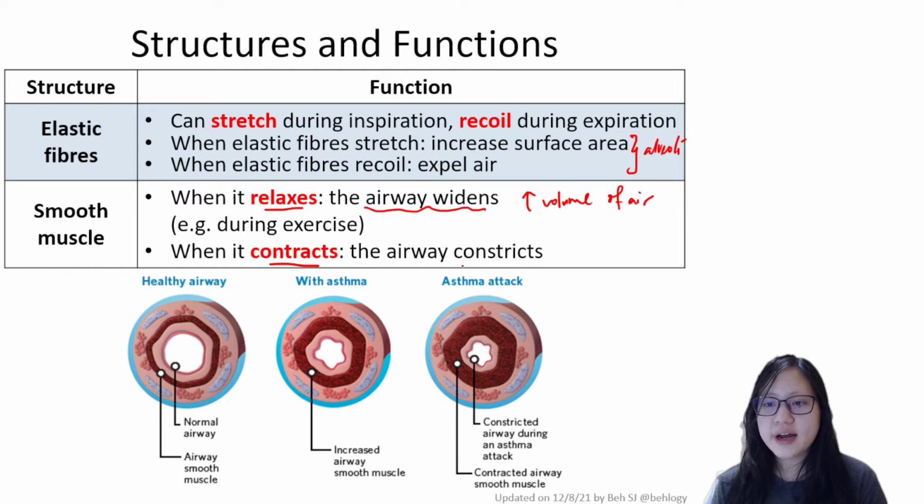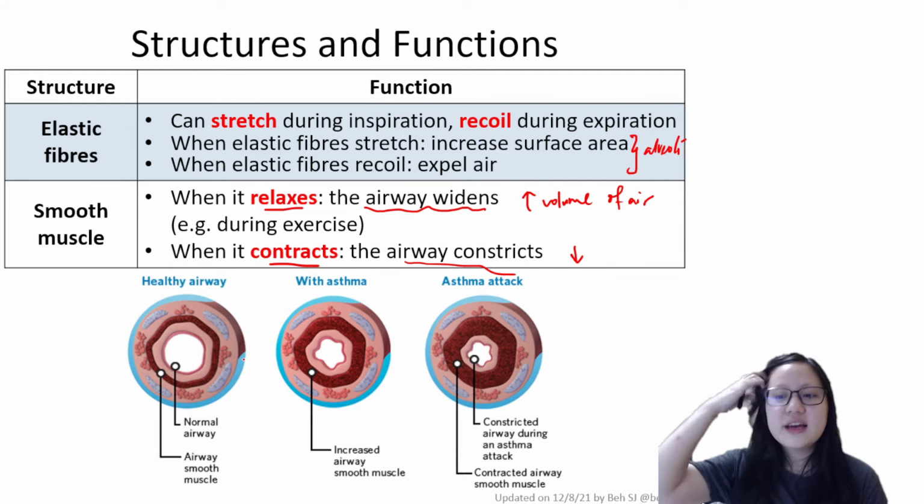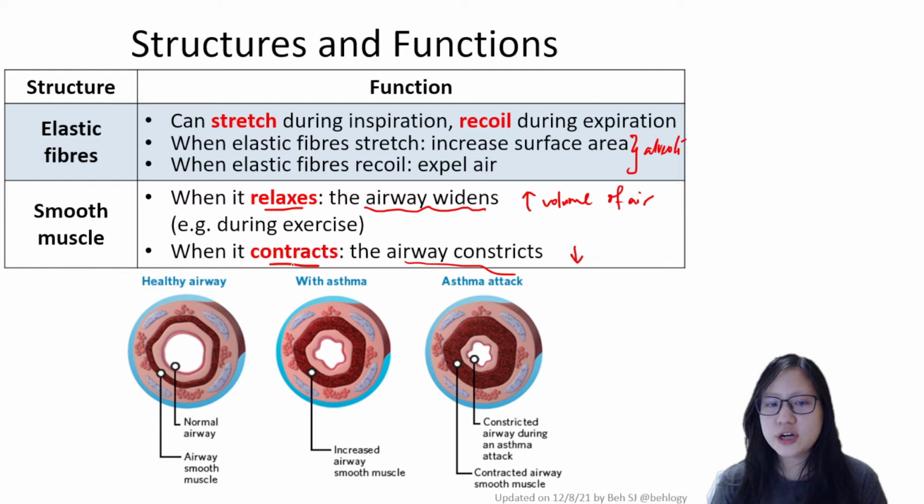And when it contracts, the airway constricts, which lowers the volume of air that is able to flow through. This contraction of smooth muscles occurs very often as an inflammation response, a response to infection, or in cases like asthma. You can see here how in asthma there is a constricted kind of